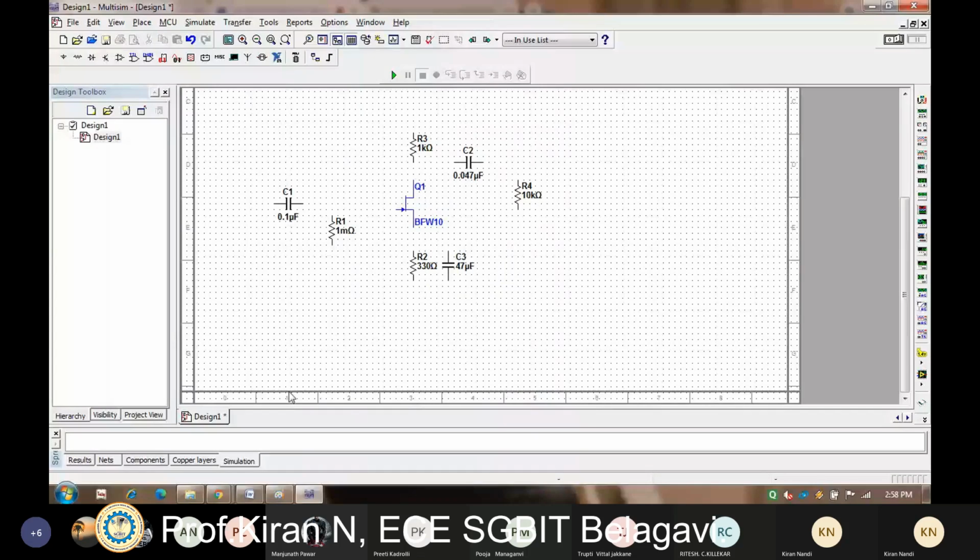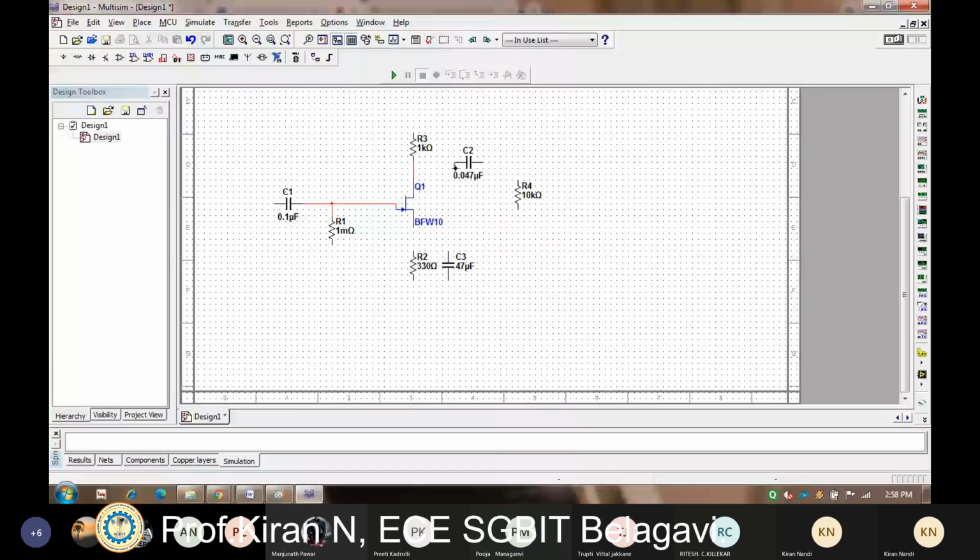This indicates that it is ready for a connection. You can just click on it and drag it. Then click on this resistor, drag it and connect it. Again click on this resistor, drag it and connect it here.